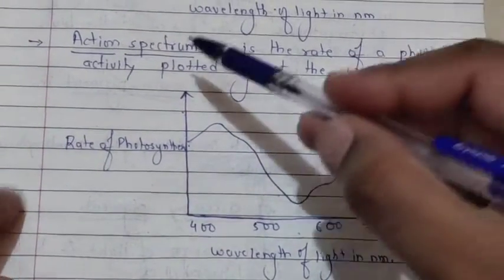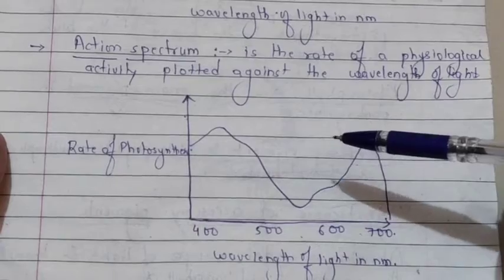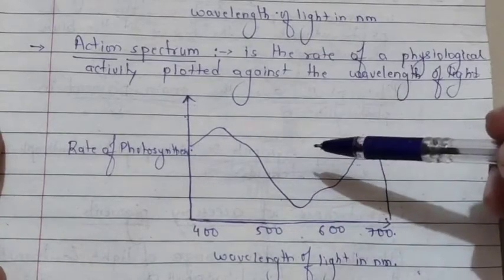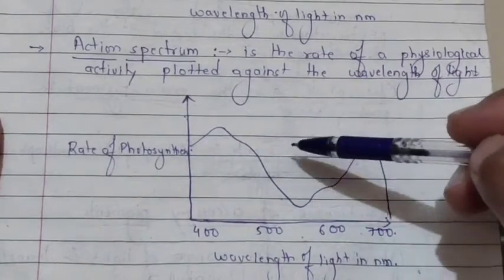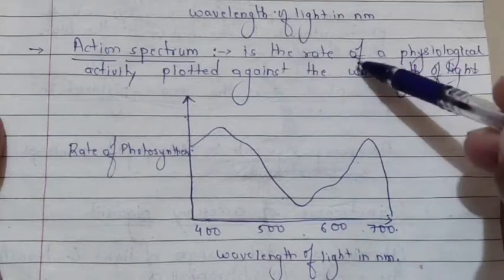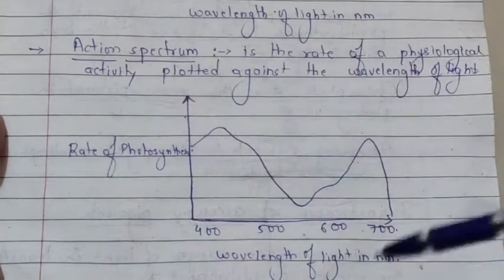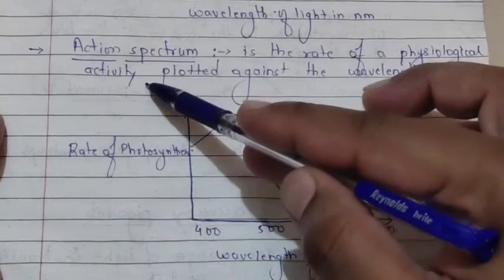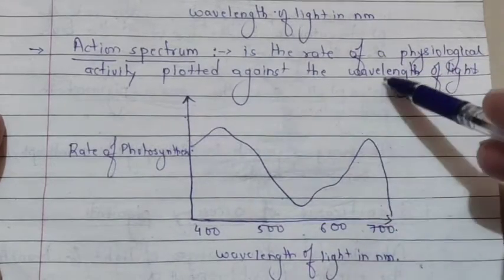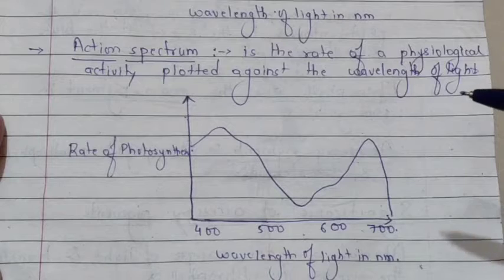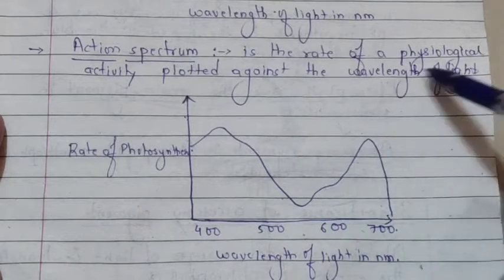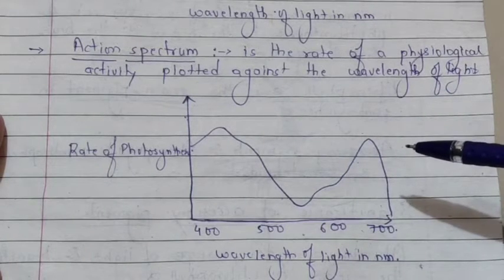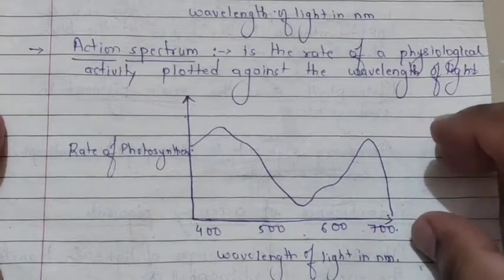Here, action spectrum. Which spectrum? Action spectrum. What is it? It is the rate of physiological activity plotted against the wavelength of light. Against what? Against the wavelength of light. Clear? So here also you can see